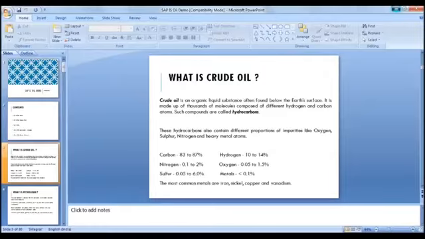So depending on these gravities and the different combinations of them, it will vary. If it has less sulfur content, it is called sweet crude. If it has high sulfur content, it is called sour crude. If it has lower wax content, it is called lighter crude. If it has higher wax content, it is called